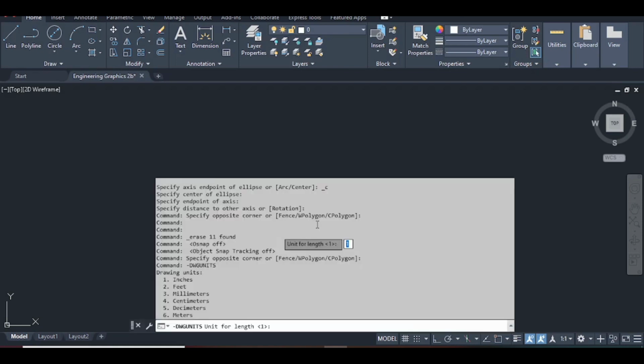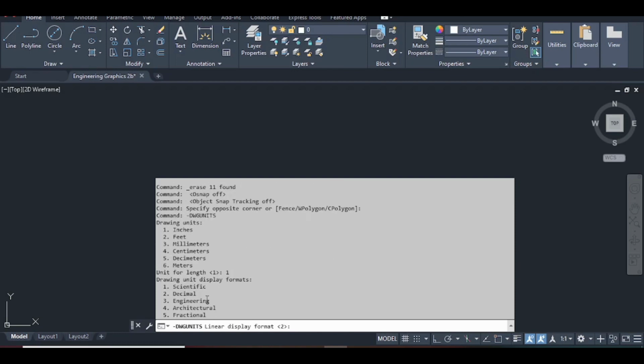and then this long list pops up, and the drawing units are displayed numerically. So number 1 is inches, 2 is feet, 3 is millimeters, 4 centimeters, and this little box here shows the units it's in already. So number 1 and the corresponding unit for that is inches. So if I want to change it to millimeters, or let's say I change it to inches, I type in 1